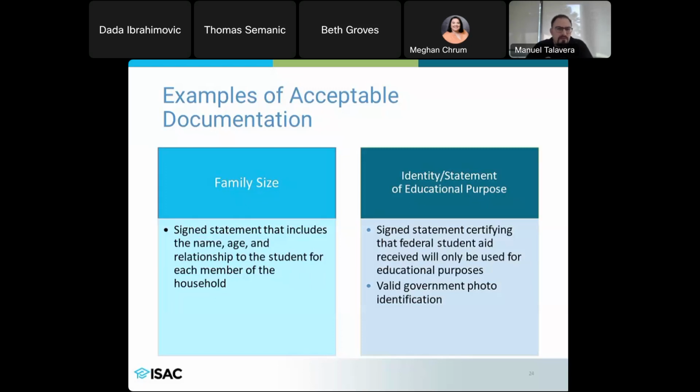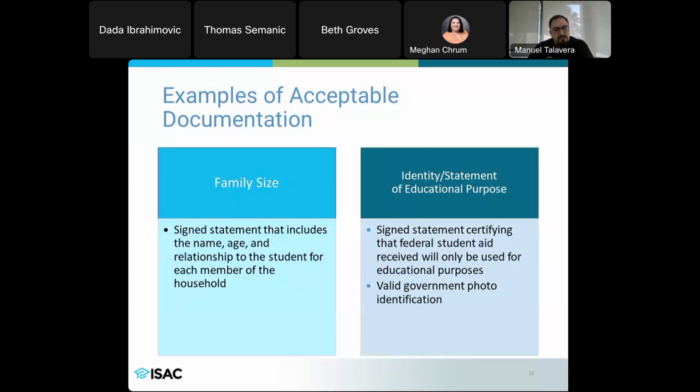When it comes to reporting family size, students can submit a signed statement that includes the name, age, and relationship to the student for each member of the household. And for someone verified for identity, the statement of educational purpose, they can submit a signed statement certifying that the federal student aid received will be used for educational purposes only.